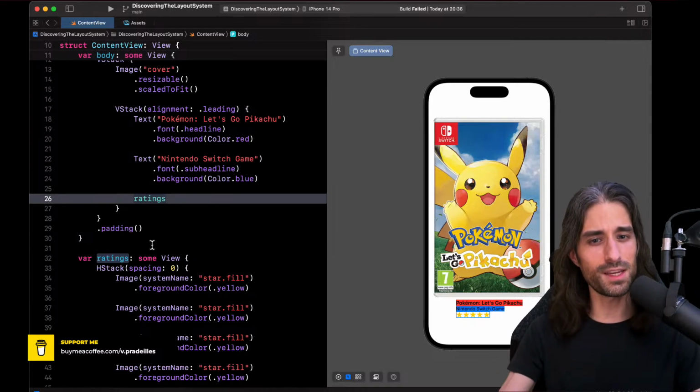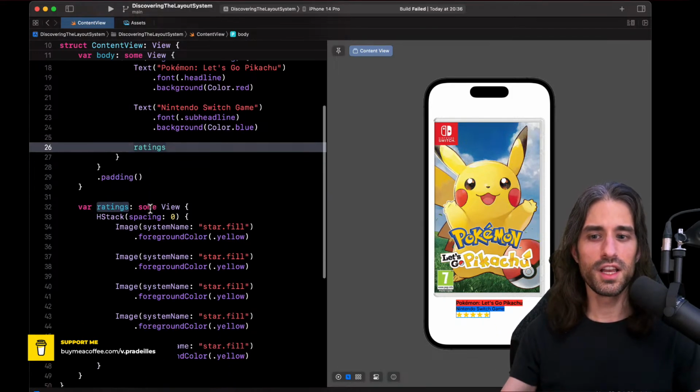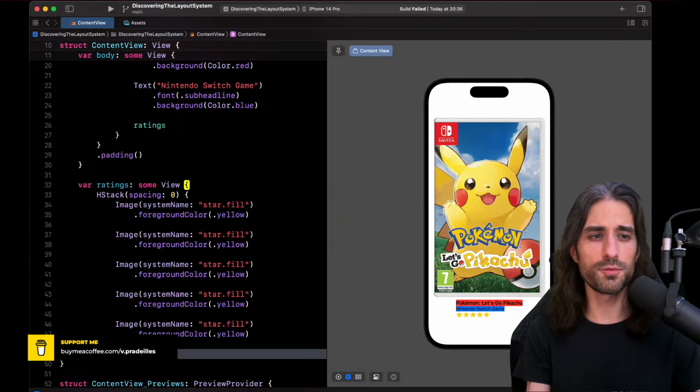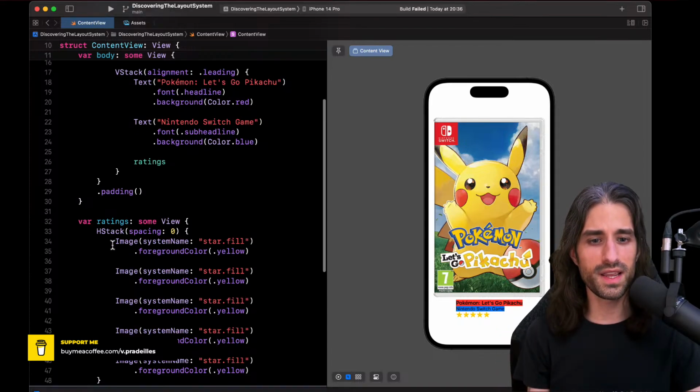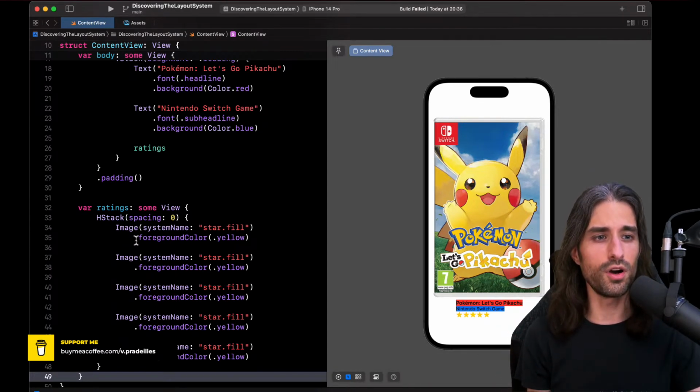And finally, like I showed by mistake before, you can also create really a view of its own when you need it. I would say start by creating computed properties or functions, and then only create a view when you will reuse it in other places. Creating a subview right now wouldn't make sense because it would add more boilerplate code than needed. Here, I feel we already have the right level of encapsulation for our need right now, which is to display this writing view on a single view. Of course, if we need to implement it on more than one view, then we would create a subview for it.